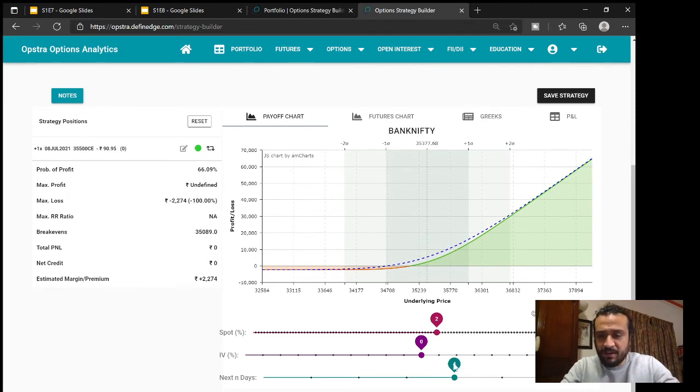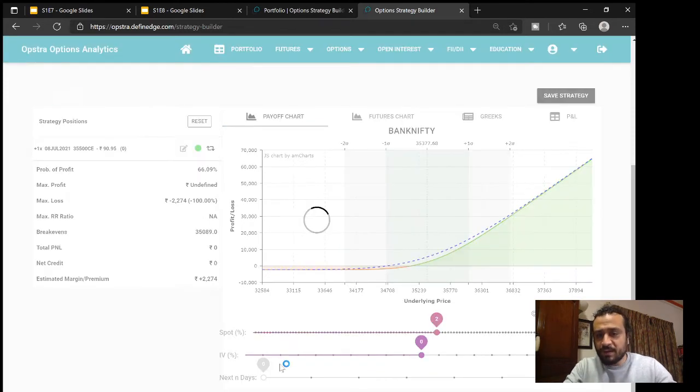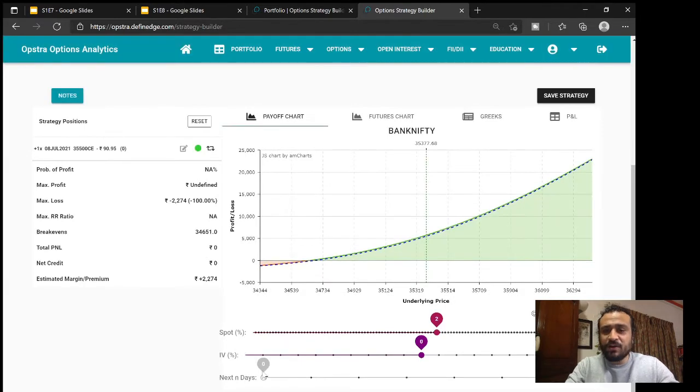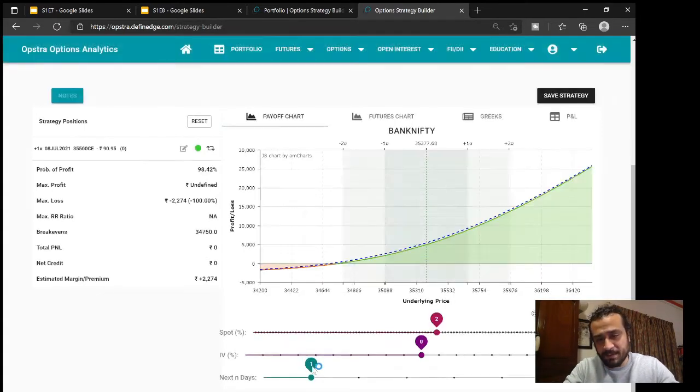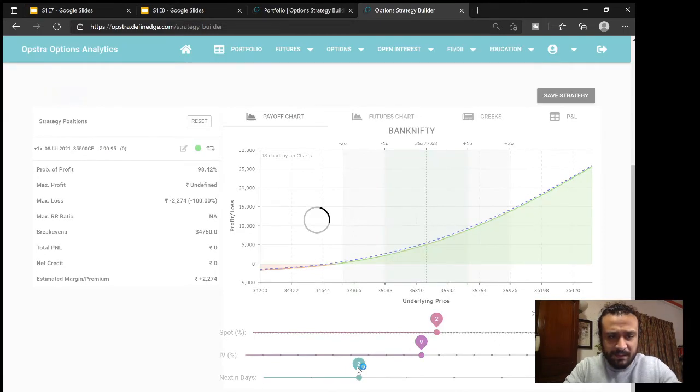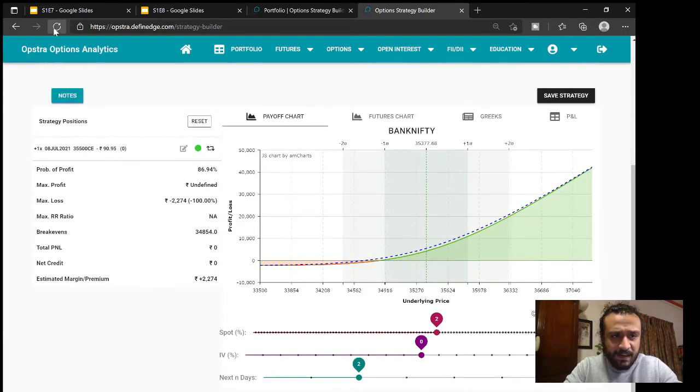So what I'm trying to tell you is, if you're going long with an option, if you're buying an option, you want the price to start moving very rapidly after you purchase the option. Okay, something off happened here. I'll just reset. But I hope you're getting the point here, right?